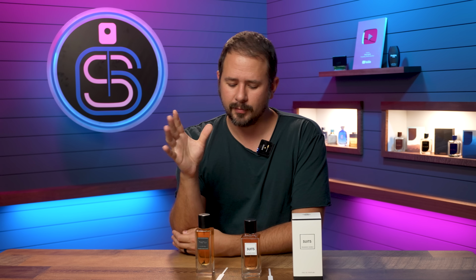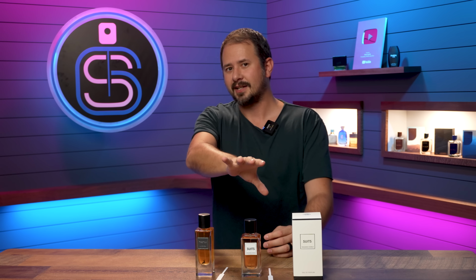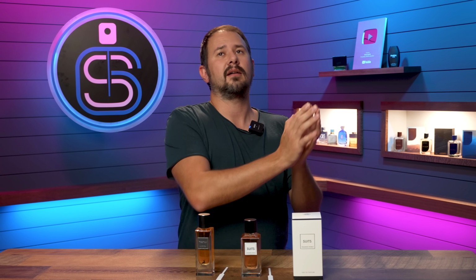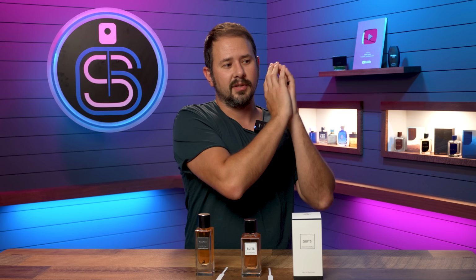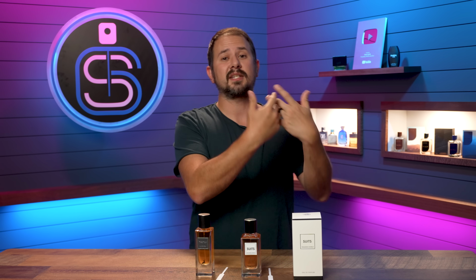The Tux, especially when you first spray it on, has a little bit more of a spiciness, and it leans more into kind of like the woody side of Tuxedo, that patchouli coming out a little bit more. Not in a hugely different way than Suits, but that is the difference. Suits is more like Tuxedo, but leaning a little bit more into the amber, into the vanilla side of things. Still has that warmth,